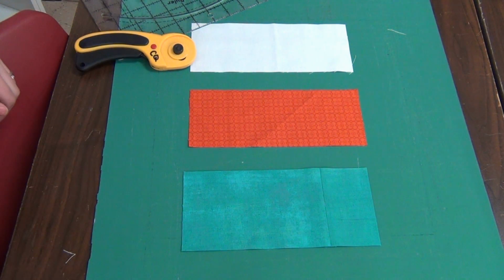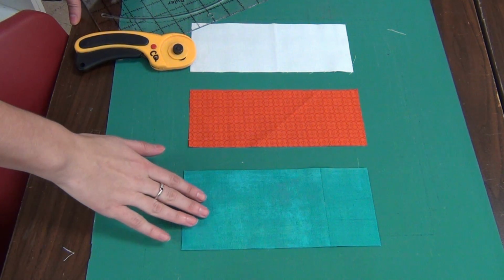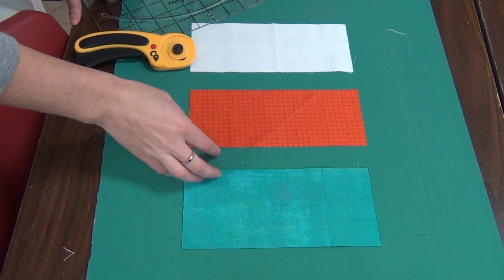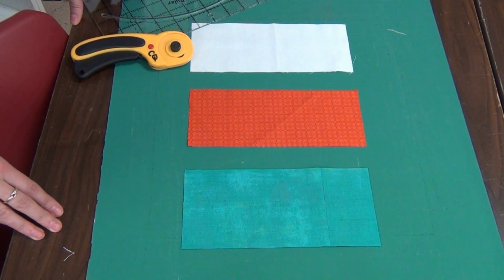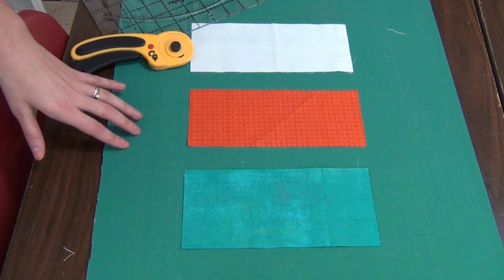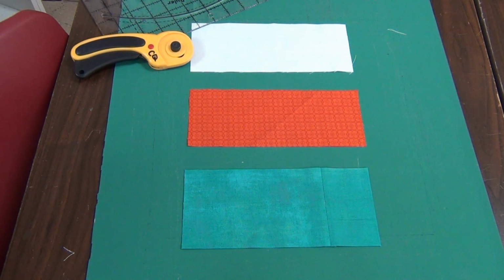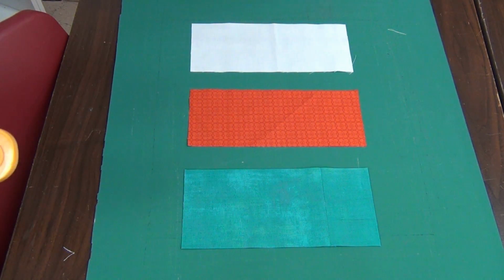So with layout option 1, you're going to have 3 colors for your border. You're going to have the inner part, what they call the border focus print, which is aqua in our sample. Then you're going to have the outer edge border, which is orange, and then you're going to have the same background fabric that we've used from the rest of the quilt. So you're going to cut the rectangles that your pattern describes, and the sizes for each section of the sashings. So the first curve that we're going to cut is going to be the turquoise piece, which is your